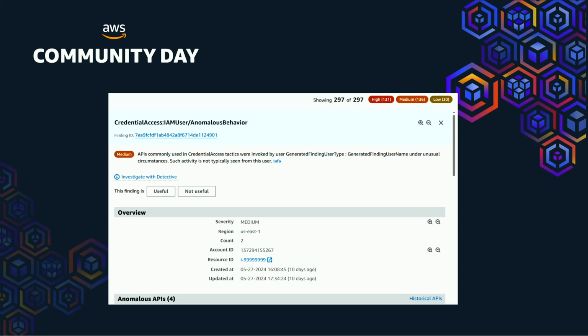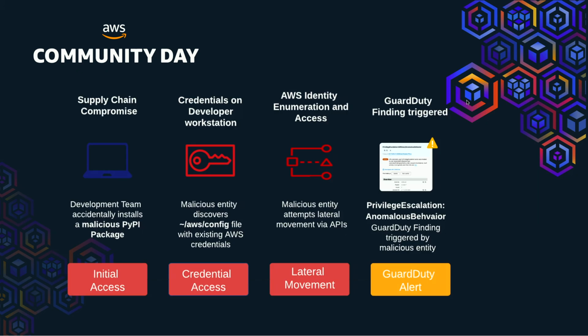Let's say you're a cloud security engineer at your company, you're minding your own business, and you get this awesome GuardDuty alert for credential access, IAM user anomalous behavior, which basically sums up to this IAM principal started calling these APIs, typically like get secrets or reading the user data on EC2 looking for credentials, right? If you've dealt with these, they can tend to be false positives, but in this case, we're going to say that it's not, and it's an actual security incident, but you don't know any of this, right?